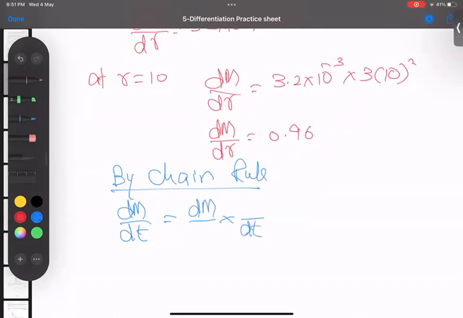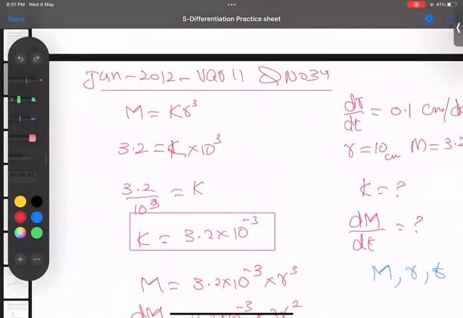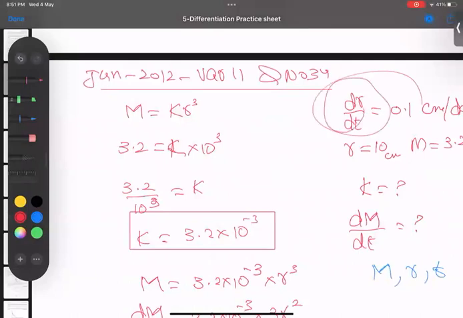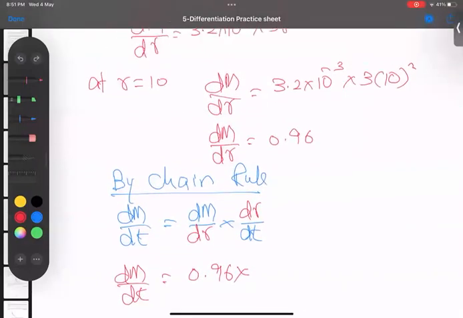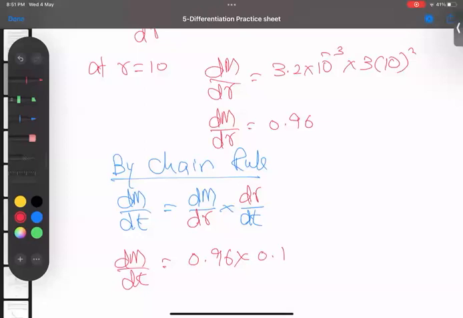And here I'm writing dr and dr. Now dm by dt is my question. dm by dr, I have it. And dr by dt, do we have it? Look at the top, dr by dt. We have 0.1 already. So if you multiply by 0.1,